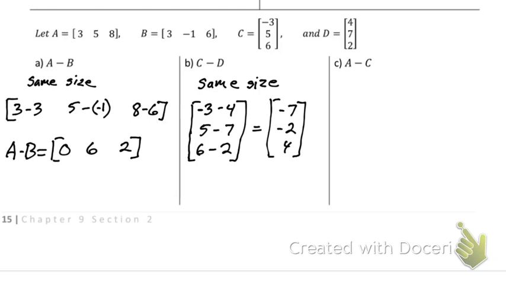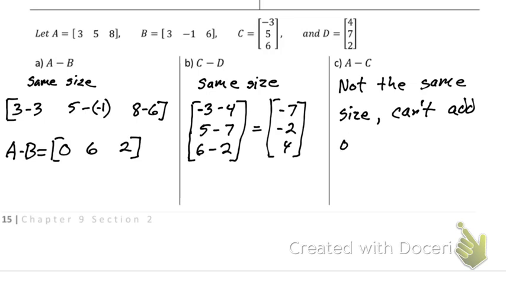Our next one is A minus C. Well, A is a 1 by 3. D is a 3 by 1. They seem like they're the same size because they're using 3s and 1s, but they are different sizes. They are not the same size, so you can't add or